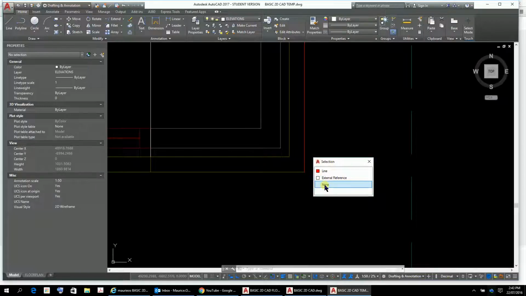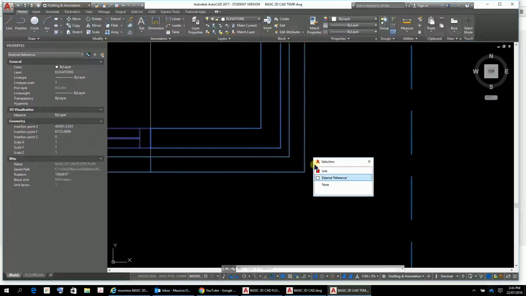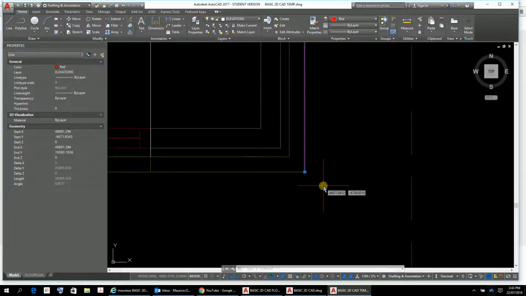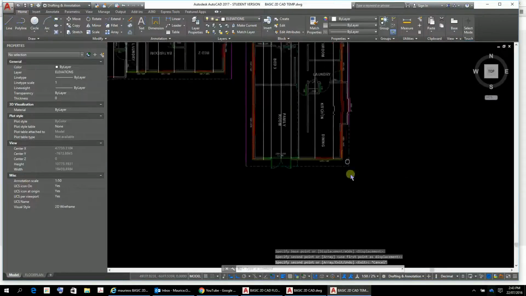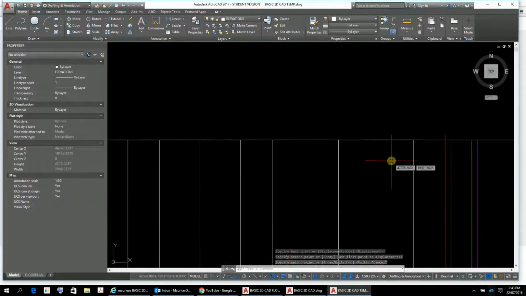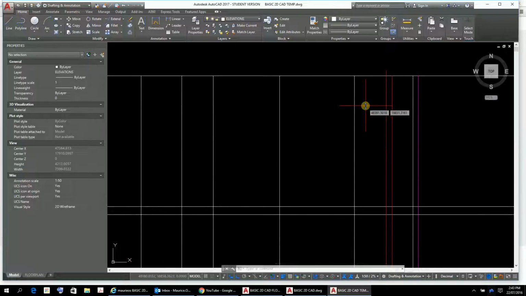CP. Oh, that line. CP enter. And it's got to go to there, like that, because that is the truss, where the truss goes. Okay, now we now know that the truss